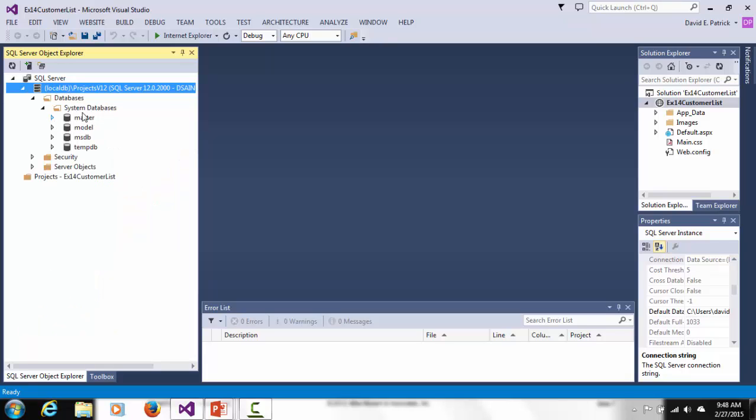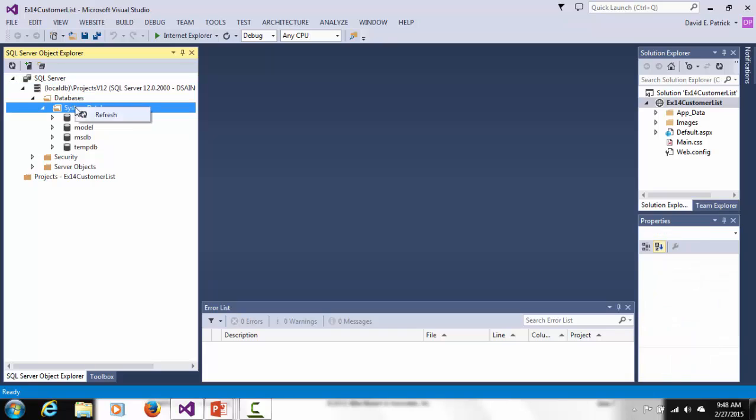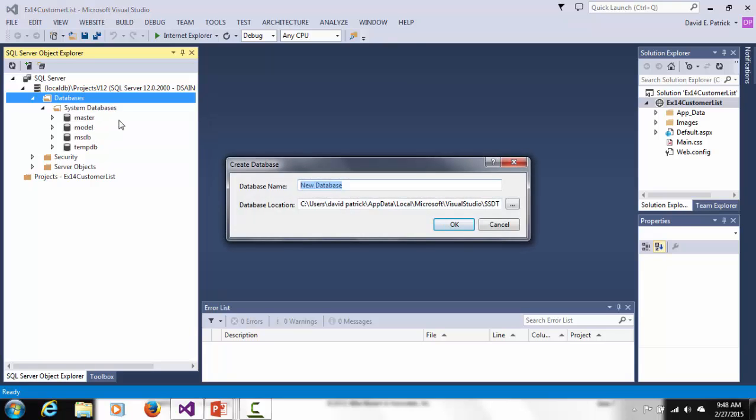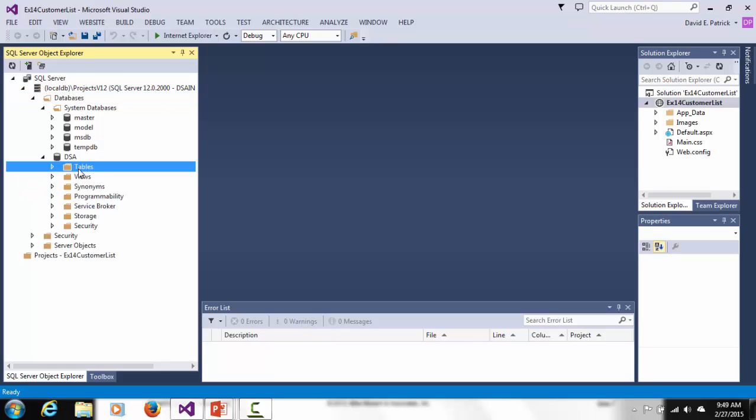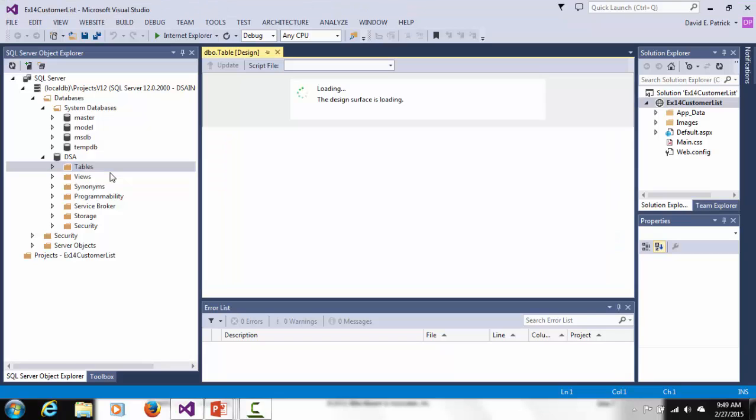If I wanted to add a database, let me add a user database. Right click on databases, add new database. We'll call this DSA. That's the name of my company. So maybe I'm going to track employees and managers and things like that. And then from there, I'll open up and say, hey, I've got an employee table. And actually, maybe I'll have a person table, and then I'd have two more tables, an employee table and maybe